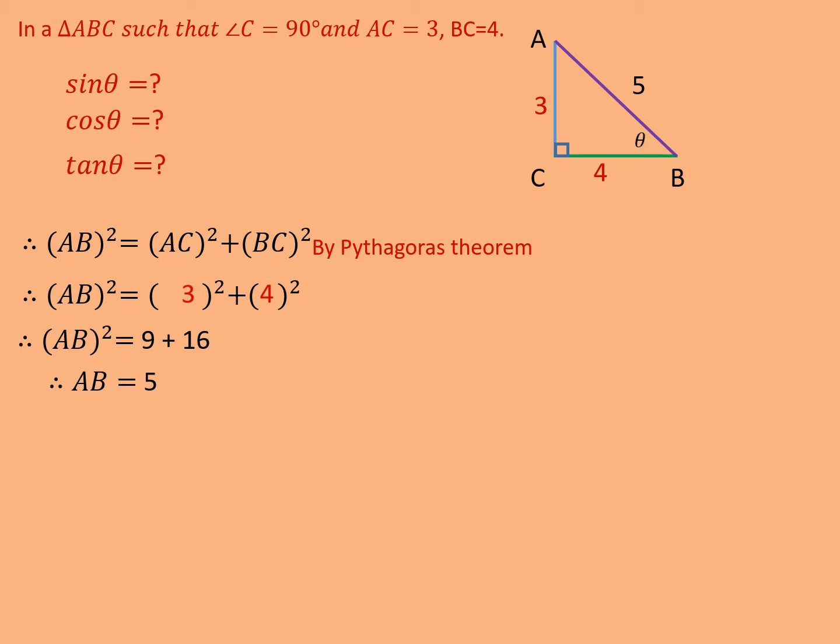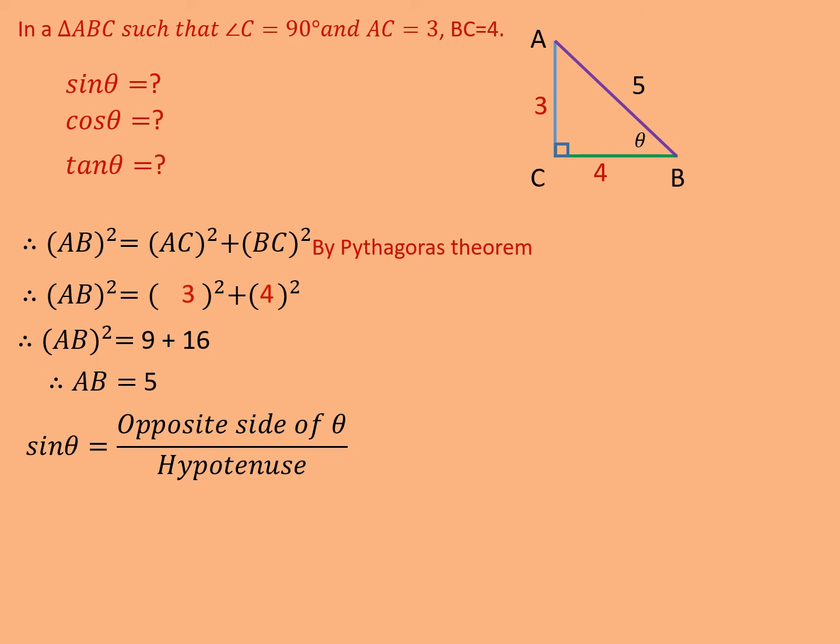So I have put the value of AB in the diagram as 5. And the angle also, I am taking it as theta at B, I am specifying, so that we can easily find out sin theta, cos theta and tan theta. It is not necessary that only angle B can become theta. It can become angle A, and accordingly the terms will change.